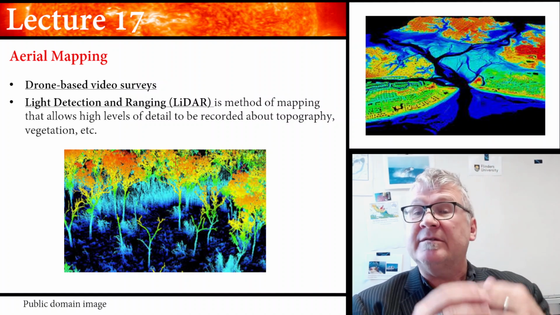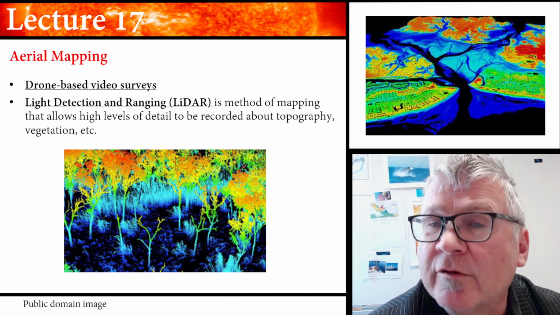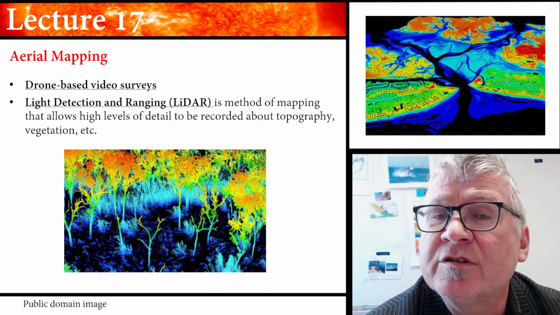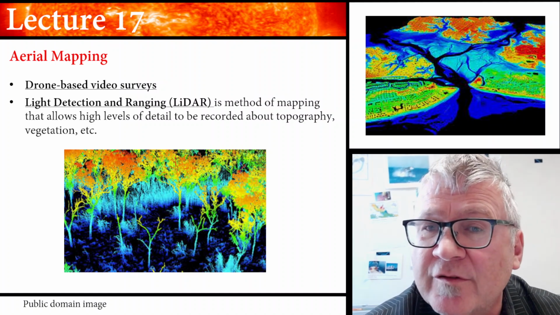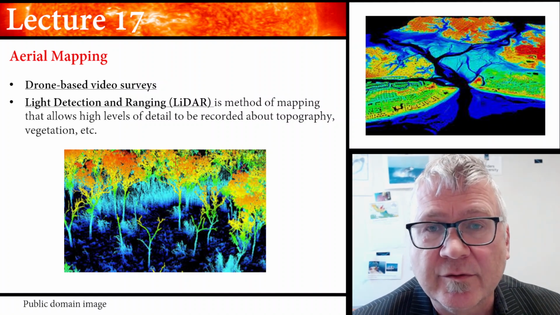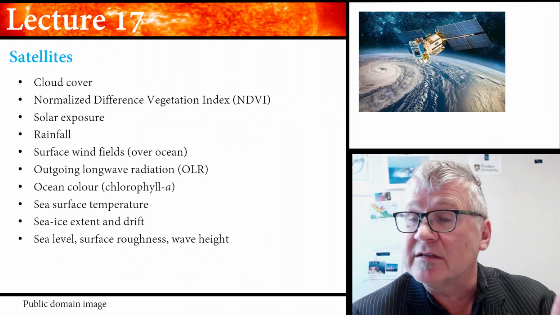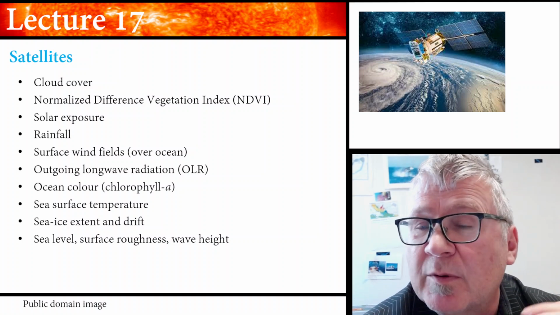All right, so this is land-based stuff, and we need to know more for the climate system. We need to know about the oceans, surface conditions over the oceans. It's 70% of the world's surface. That's why satellites are so important. Let's have a look at satellites, just very briefly, not going too much into the details, but what type of